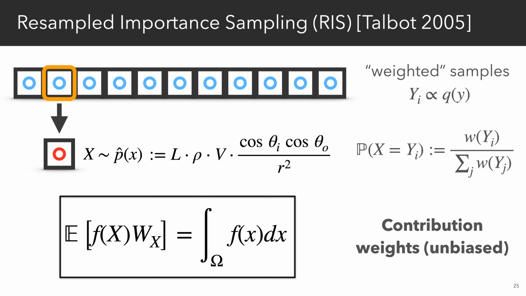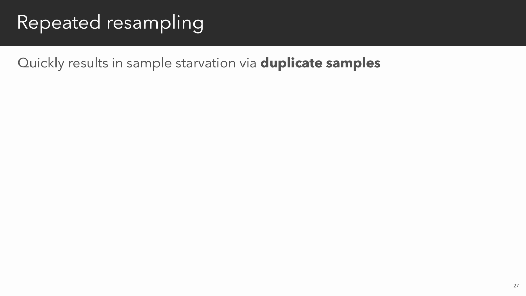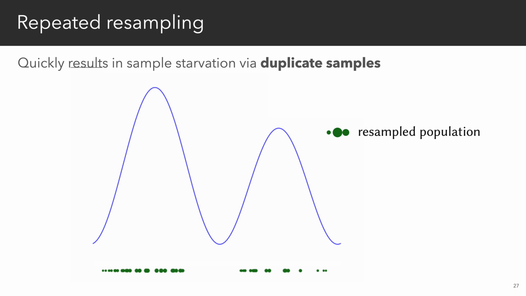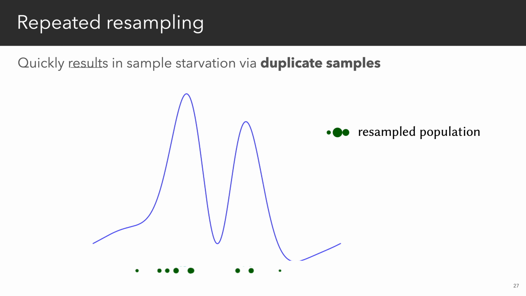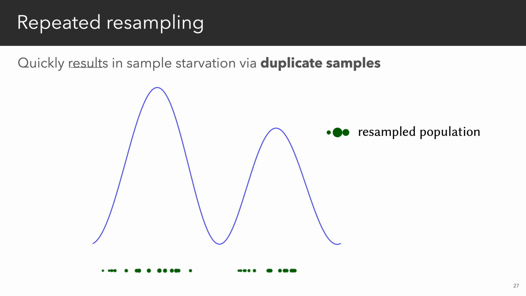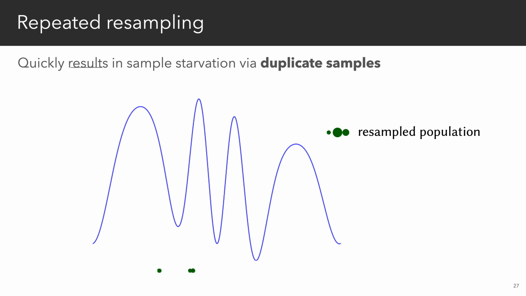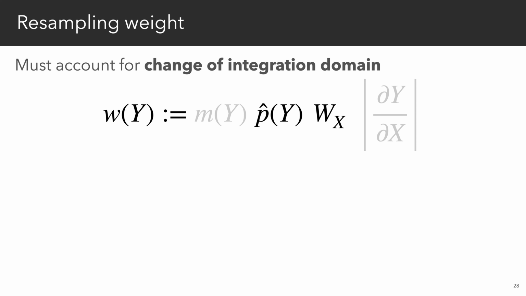Now, this is all well and good, but with ReSTIR, we also want to resample across pixels to massively increase sampling efficiency. So here we can again use RIS, but if we apply it repeatedly to the same sample population, then we can quickly get duplicate samples, as shown here in this 1D example where the target function changes over time. Now, this sample starvation can be partially resolved by generating new independent samples every frame, but in ReSTIR, it